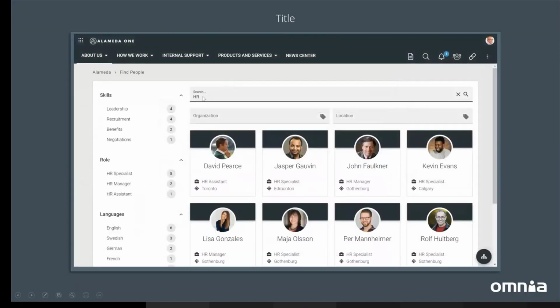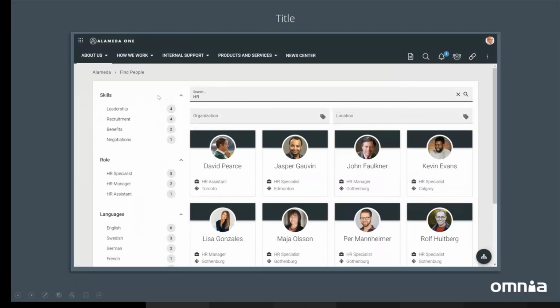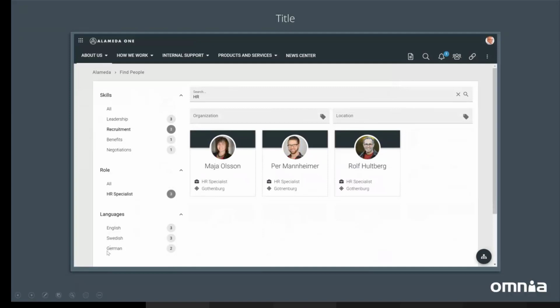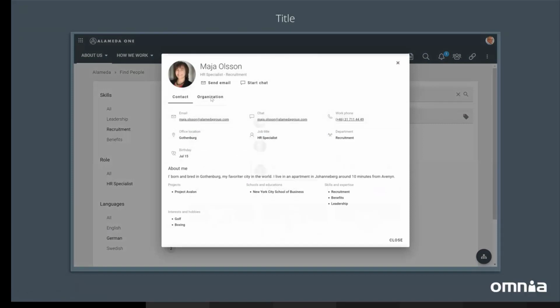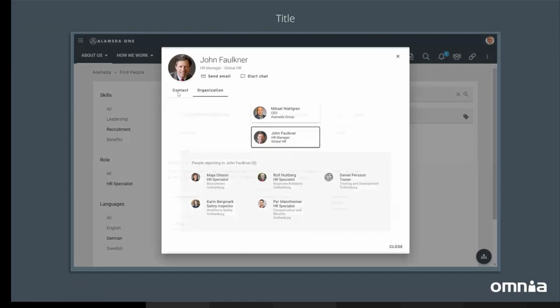So if we start by searching for a term, HR in this case, you can then see that we have a number of filters here, but also then we have refiners to the left. So instead, if I didn't want to search here, I could start refining the search result based on competence. So if I'm looking for someone that is skilled within recruitment, that perhaps I don't want to bother the HR manager here, so I want to see the HR specialists, and let's say I want to come in contact with someone that speaks German. So by these simple steps, I could, even though there's plenty of people here, refine what I see on the screen, and hopefully then get in contact with one of the people here, access the people card, and of course I can also navigate the organization here if I want to. I want to talk to the HR manager, or at least have a look at his